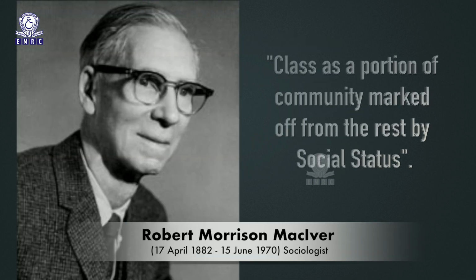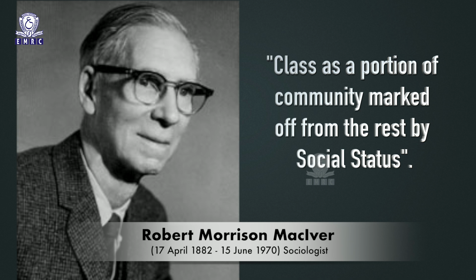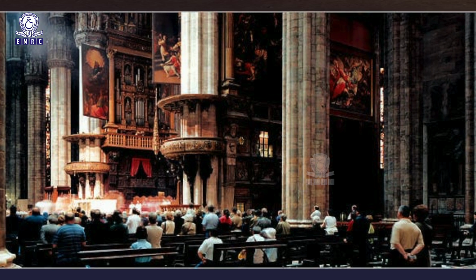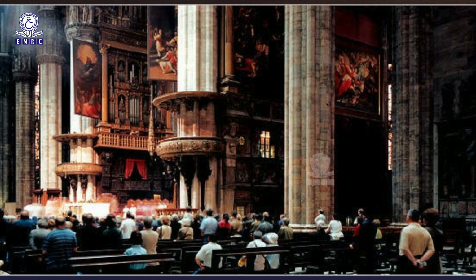MacIver defines class as a portion of community marked off from the rest by social status. According to MacIver, class is a status group. Class as a status group has a particular position in a hierarchy of ascent and descent, and the status groups can be called social classes. It is the sense of status sustained by the economic, political or ecclesiastical power and by the distinctive modes of